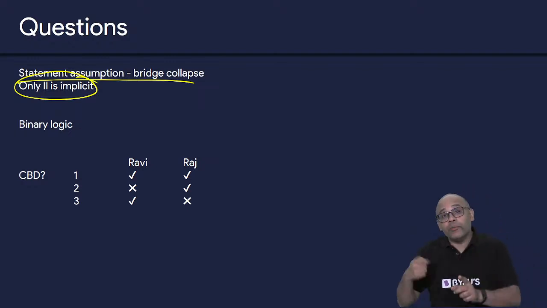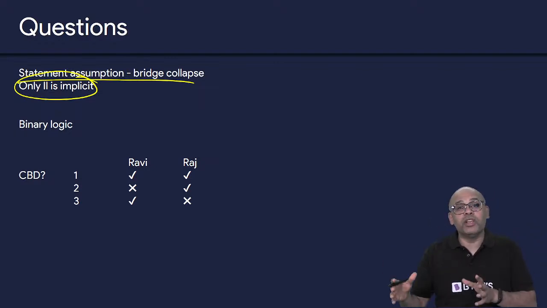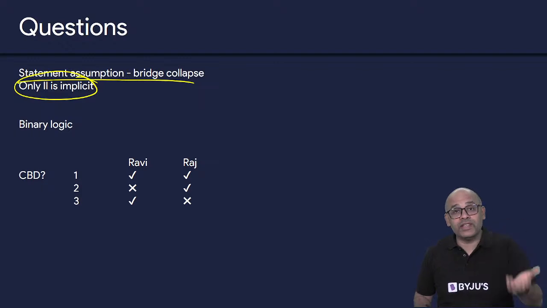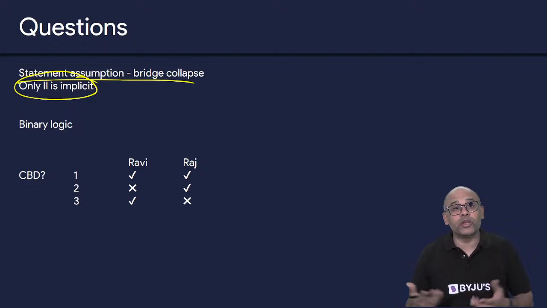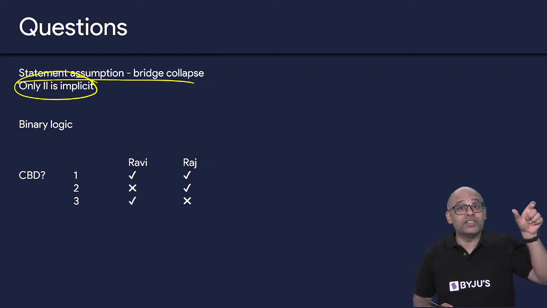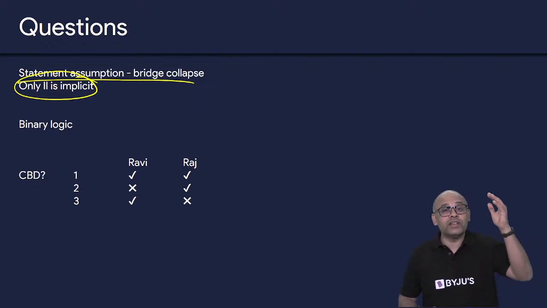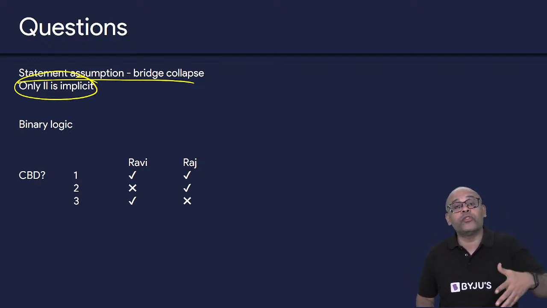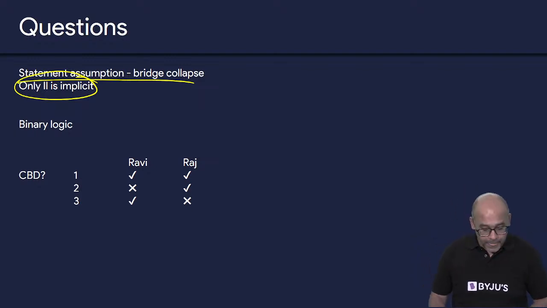Now there was one more option which said that some local official is correct. We cannot say that the official is correct. First of all, whether that official is related to this bridge at all, who knows. It is nowhere mentioned that this person was in charge of the bridge. So if you don't know whether he is in charge of the bridge or not, how can I say that this particular official is correct? So we cannot say that is an assumption. However, we can definitely say that a newly constructed bridge fell down of its own accord. It means the construction design or the quality was not good.